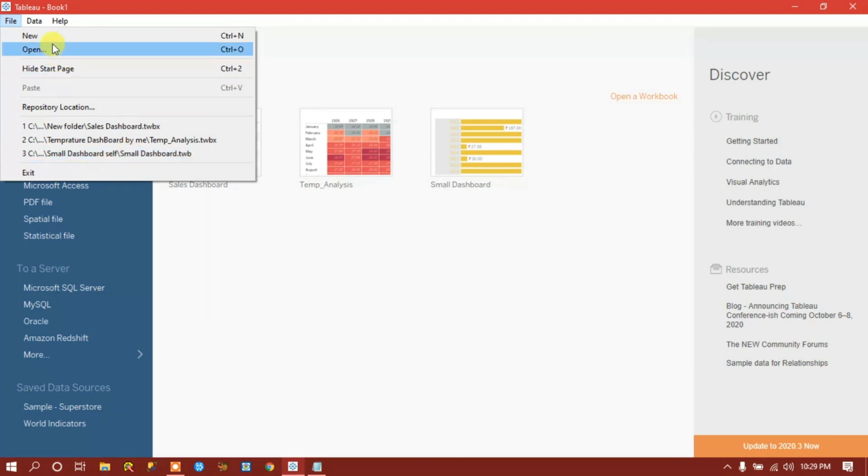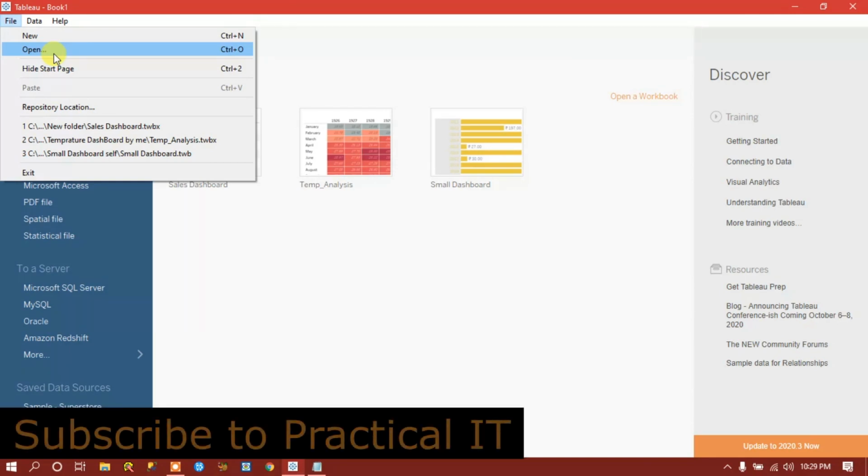If you click on New, this will open a new Tableau workbook, and if you click on Open, this will open a file, if the file is located on your local drive somewhere in your laptop or system.